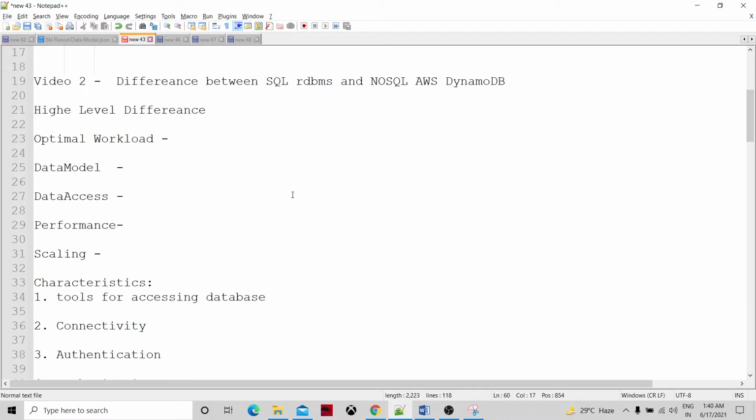Let's talk about the difference between traditional RDBMS and today's DynamoDB, a NoSQL database as a service. Both of these database systems have their own advantages and disadvantages, and they are very well suited to their corresponding use cases.